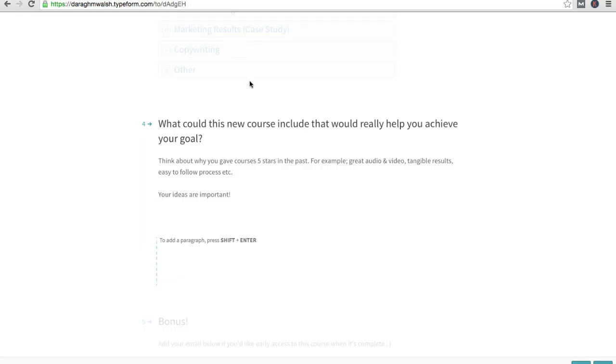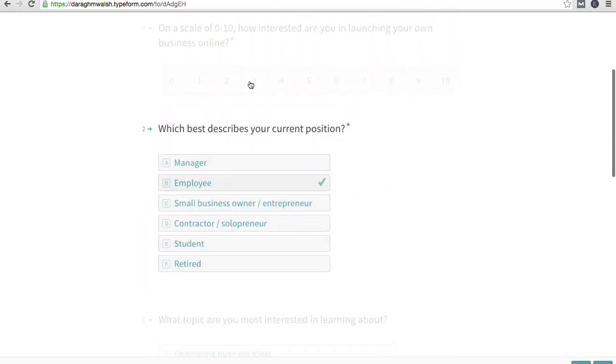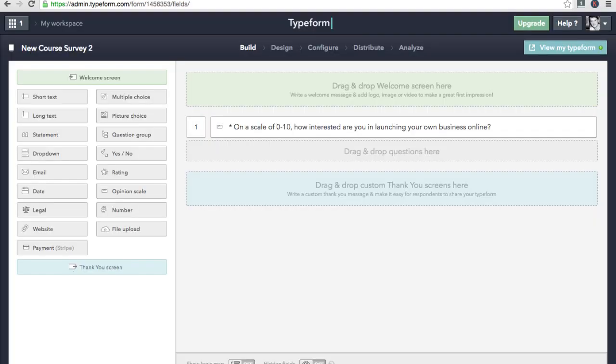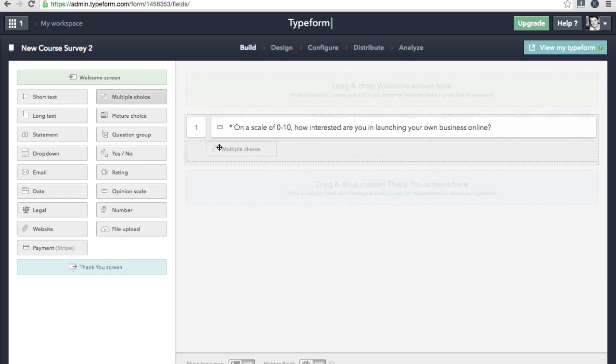Now we are moving on to question number 2, and I made it pretty easy for them to answer again. Gave them a multiple choice question: which best describes your current position. Again, you can see by the asterisk here that this was a required question. I wanted to really test my buyer persona that I'd created, to see who are the people that actually want to complete that goal. So once again, very simple. We can just make this a multiple choice question, drag this in,